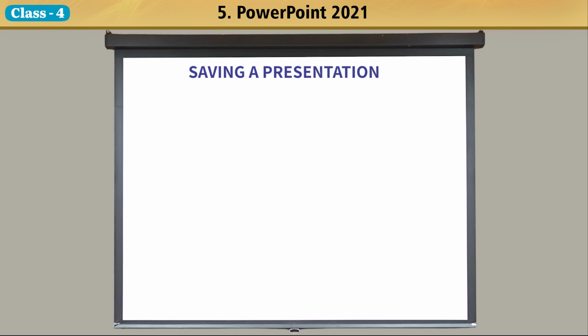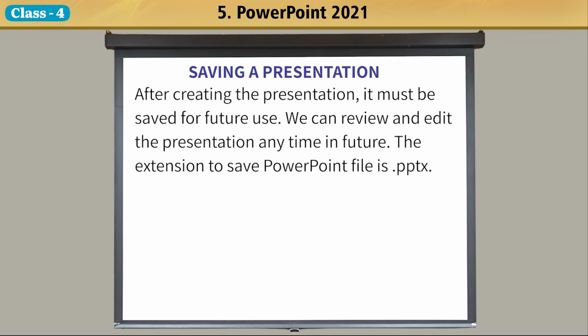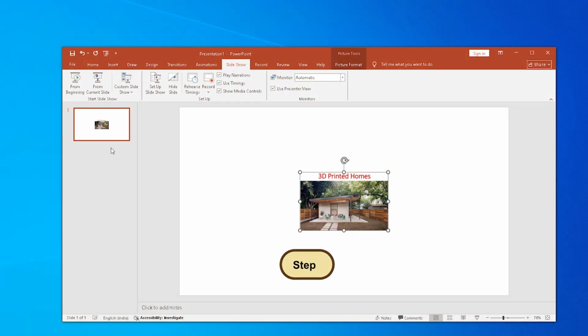Saving a presentation. After creating the presentation, it must be saved for future use. We can review and edit the presentation anytime in future. The extension to save PowerPoint file is .pptx. Let's learn to save the presentation. Step 1.